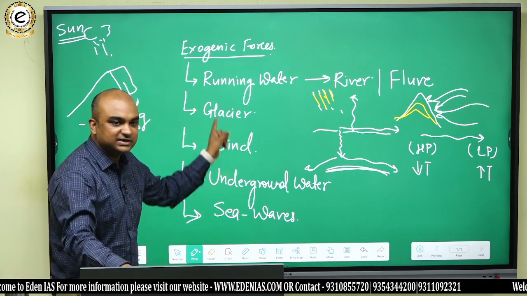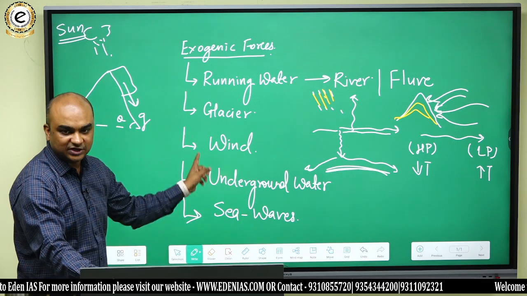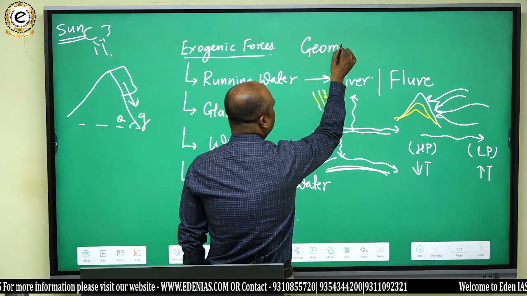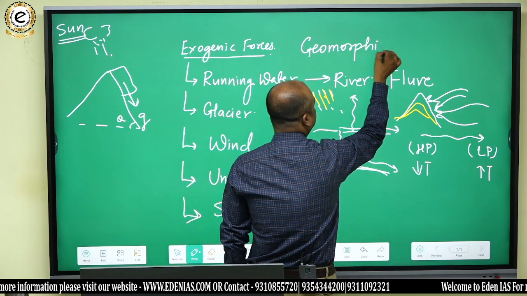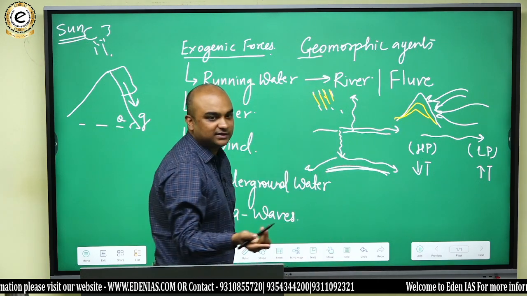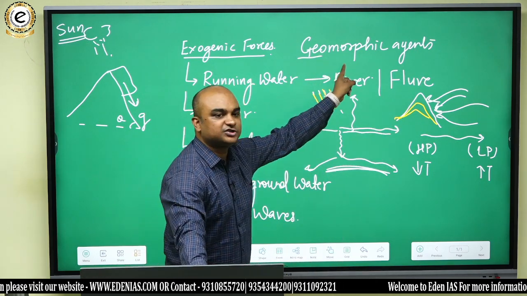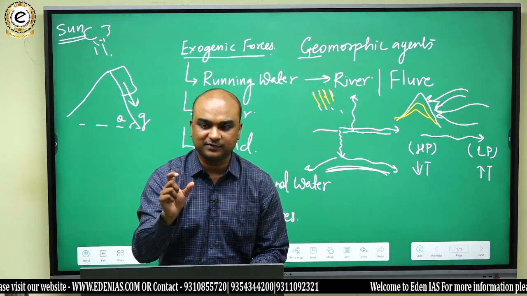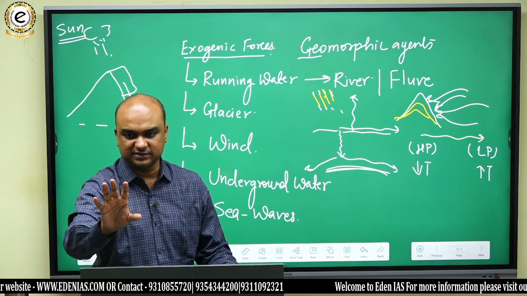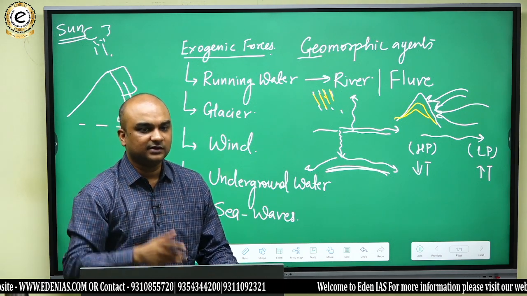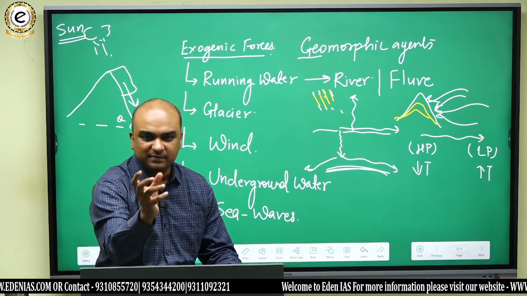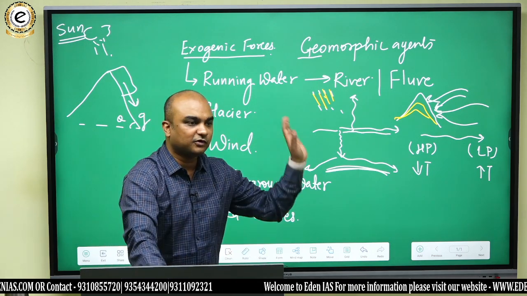Now these are agents of erosion. These are known as agents of erosion, or another name for them is geomorphic agents. देखो, जियो का मतलब तो आपको पता है, ये अर्थ. मॉर्फोलॉजी का मतलब क्या होता है, या मॉर्फ का मतलब क्या होता है? साइज या शेप. शेप समझ लो किसी चीज का, दैट इज मॉर्फोलॉजी. लाइक किसी चीज का शेप नहीं होता तो हम कहते हैं इट्स एमॉर्फस. लाइक अमीबा, इट्स एमॉर्फस. सो मॉर्फोलॉजी मतलब शेप.